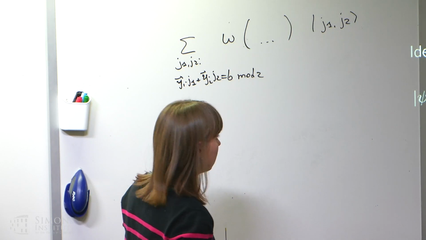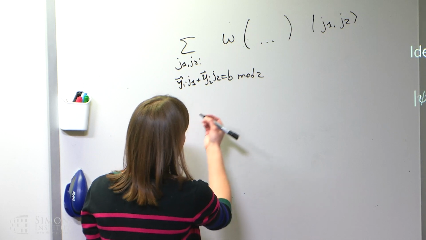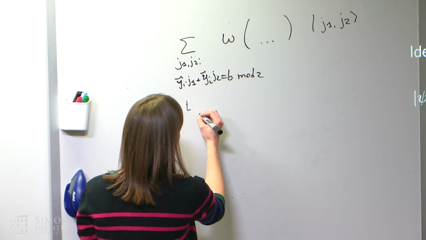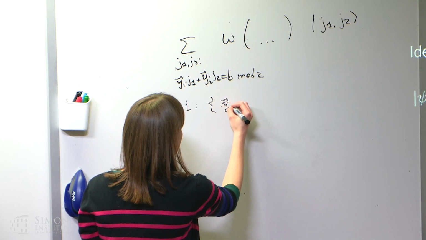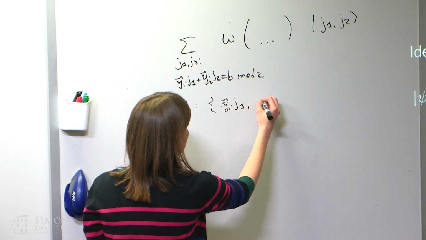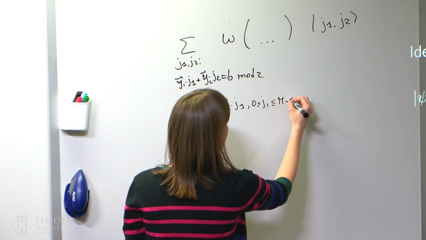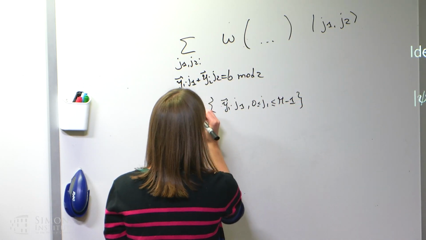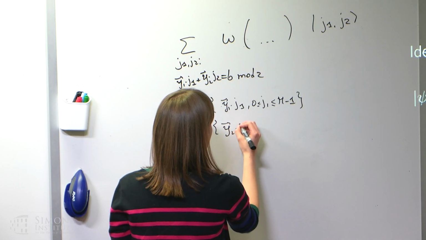So at this stage, to actually get to know j1 and j2, you're constructing the list L1 of all vectors y1, j1, where j1 ranges from 0 to n minus 1, and L2 that depends on y2 and j2,